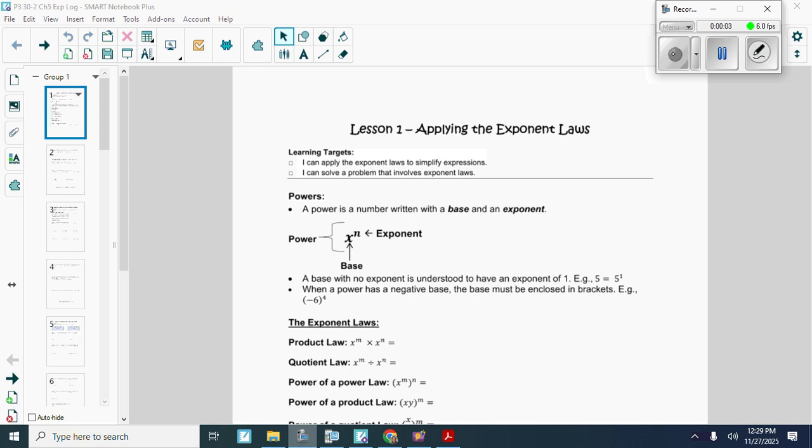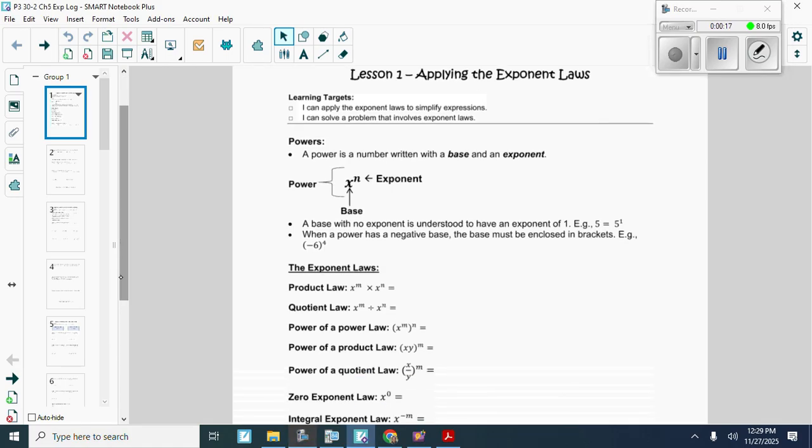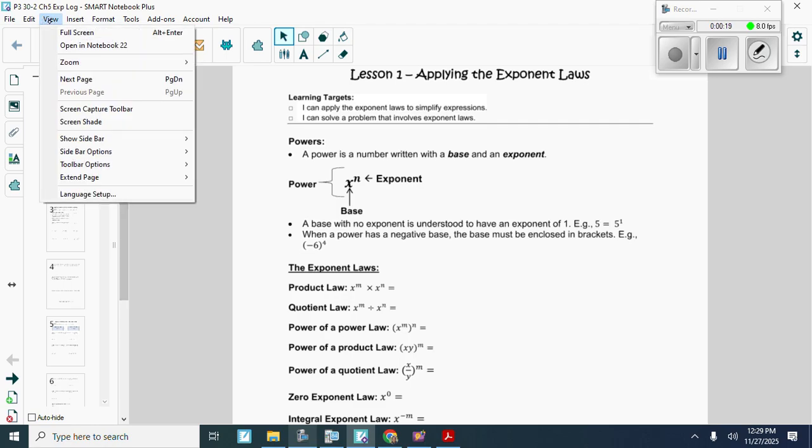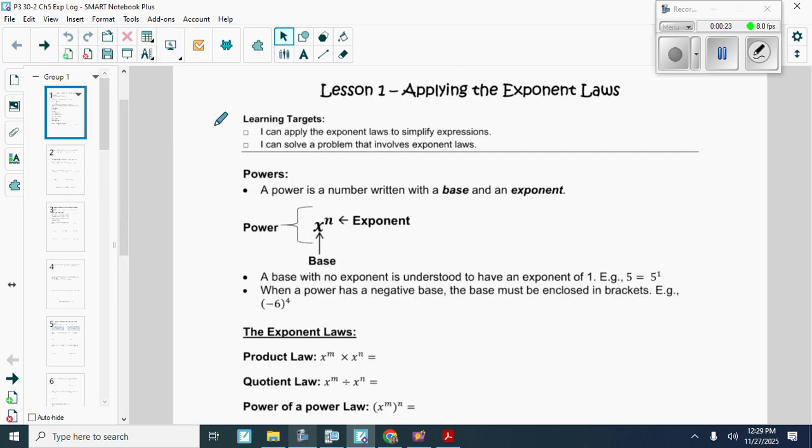All the big important things that you learned in grade 10 about exponents is what we are going to be taking a look at. Okay, so let's refresh our minds. I'm just going to zoom in a little bit here. That's a bit better. Okay, so we're just going to go over some definitions, make sure we're talking about the